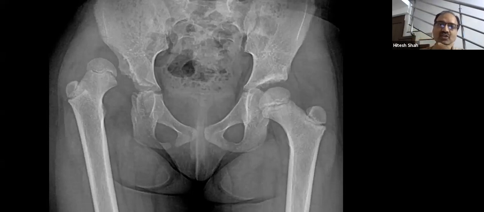One point which is not favorable in this child, from the clinical examination and history, is that it is the right side. Left side is very common. Right side is not very common. So whenever it is not the left side, think about something which is abnormal. Keep in mind, this is a case of DDH. There is no doubt about it because there is no growth abnormality seen on this X-ray.